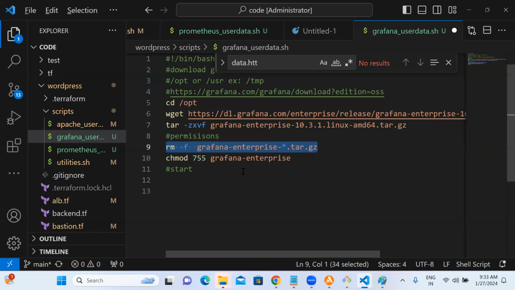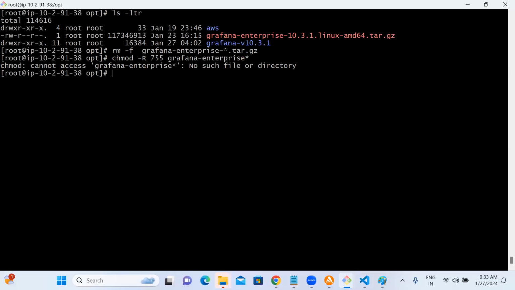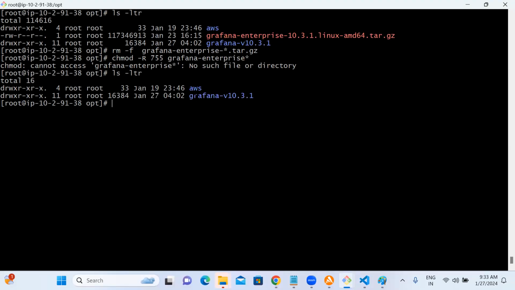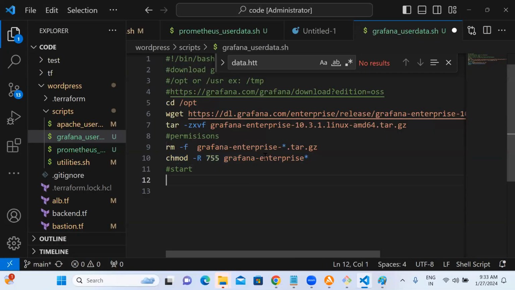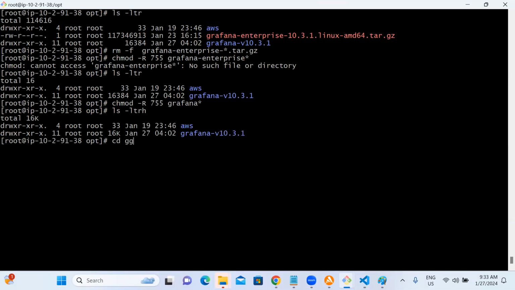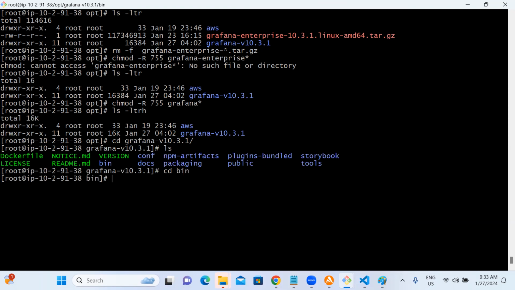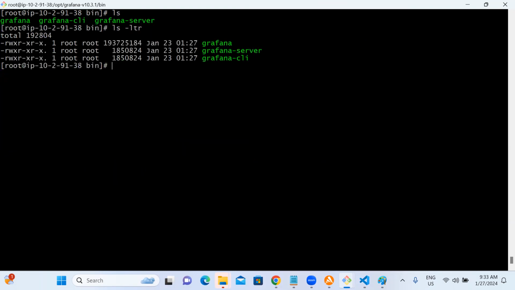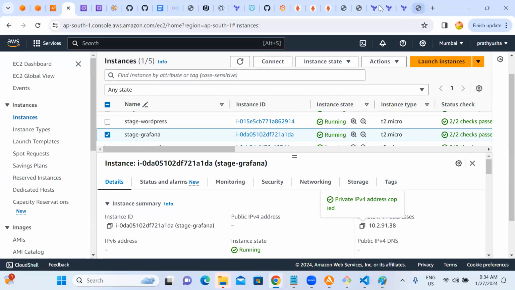Switch mode. Do chmod for a folder, right? We have to cat -1. Oh, this is the name. Next time my automation has to work, so I'm preparing the data in such a way that I don't want to do it manually. Go Grafana. Okay. I'm also in between.